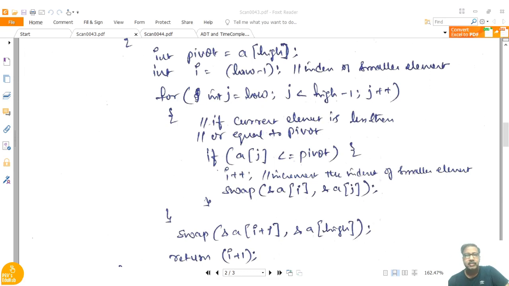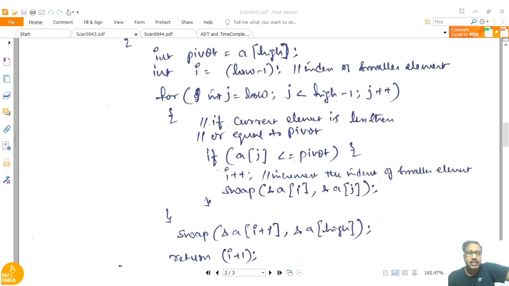Quicksort will majorly work on the partition. So first we'll give the lower index and the maximum number of elements - 1, that means the last index. Then it will pass it to the quicksort function, and we'll check whether 0 is less than the a size or not. That is the last index. If 0 is less than a size, then it will go for partitioning.